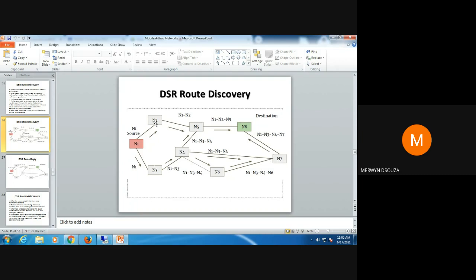So it does not make sense for these nodes N2, N5 to store this route that N1 has discovered, because after a certain amount of time, the network topology may be completely different and the route may no longer exist. N2 will only discover the route if it is required in future, or if it does not have an entry in its own routing table.